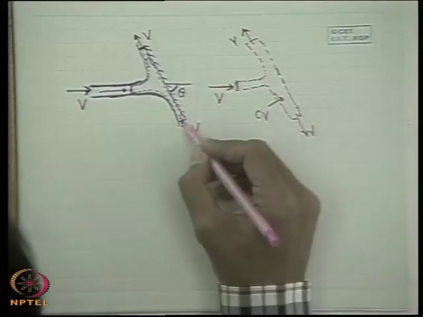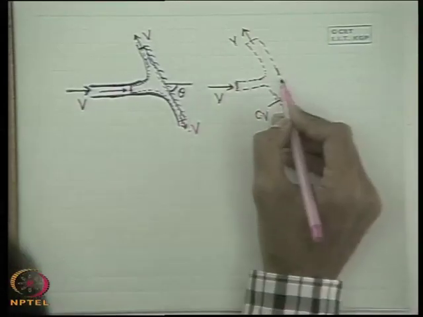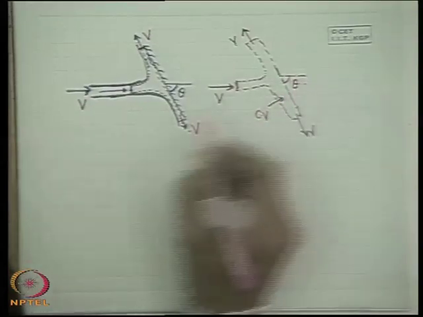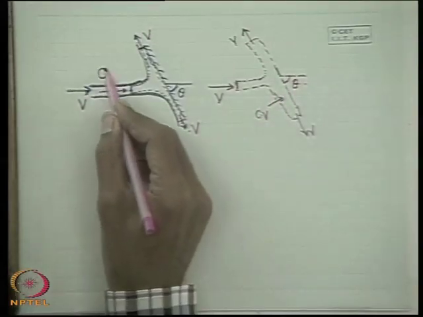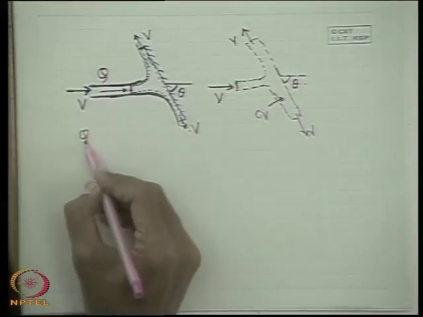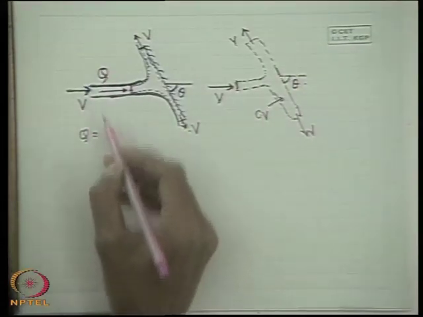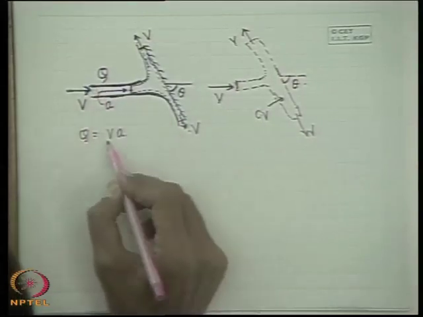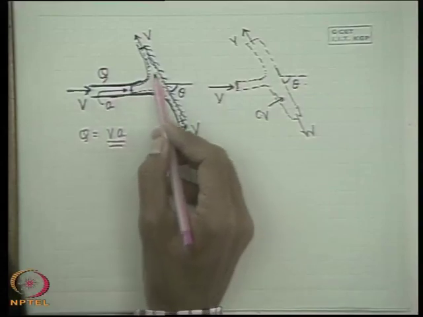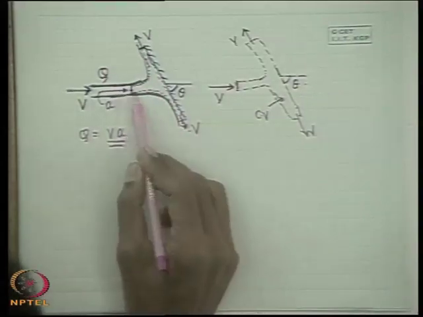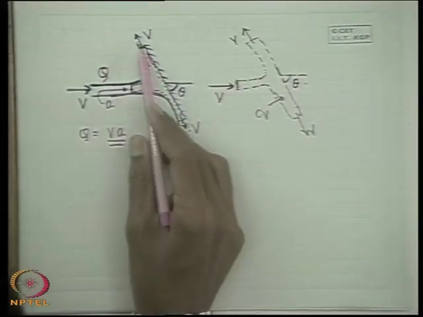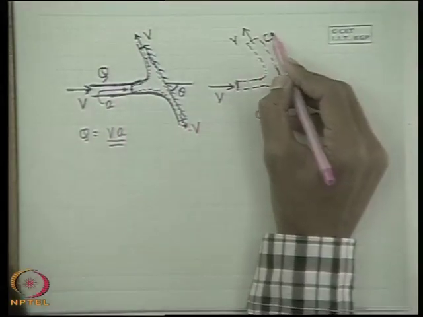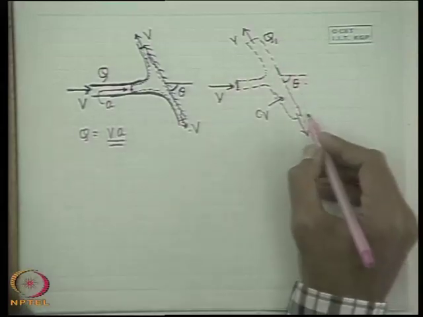The sheet thickness or cross section will definitely change, because now this angle, let us consider theta. If we consider the volume flow rate as Q, where Q is equal to v into a, where small a is the cross sectional area of this jet. Now, this Q will not be equally distributed in both the directions. It cannot be. In general, this will be different, and we will find it analytically.